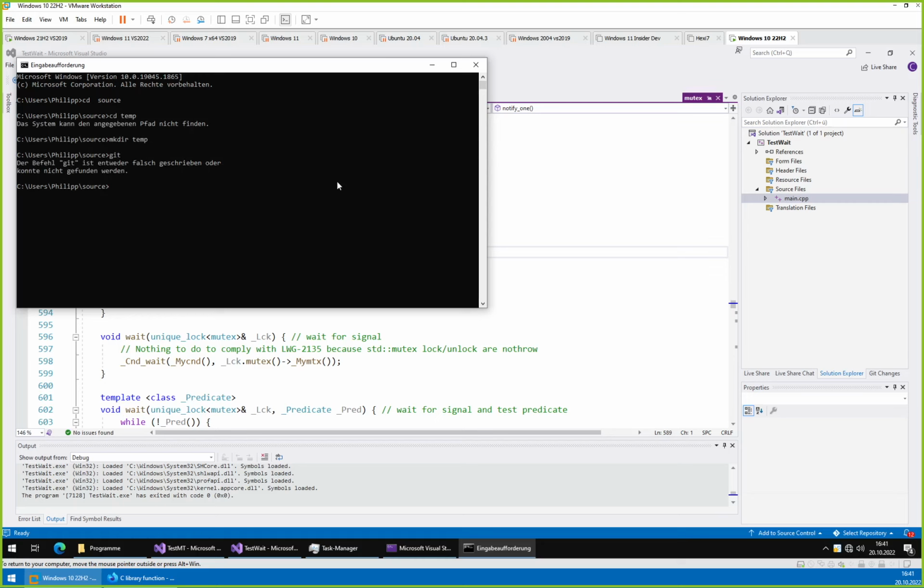Do we have Git? We don't have Git. Then we don't do it. The sources are available on GitHub. I will post the link into the chat. By the way, can you now copy out from the chat, or is it still not working? Yeah. Clicking on the link works. Okay. Yeah. So